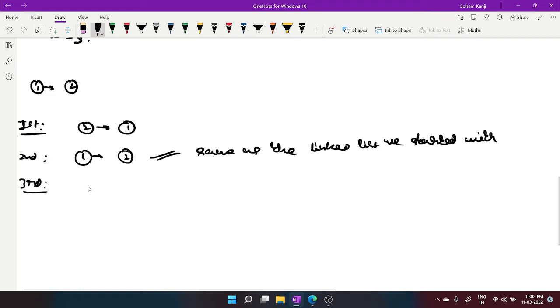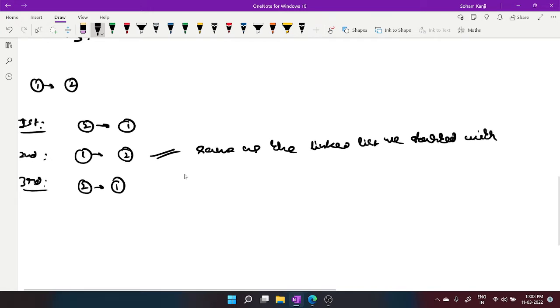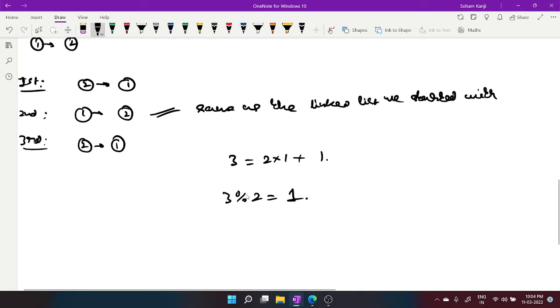Third turn we will get 2 and 1, right? Now what we see is the linked list at the second and at the third and first turn are the same. Why? Because 3 can be represented as 2 into 1 plus 1. Basically 3 mod 2 is 1. That means we can